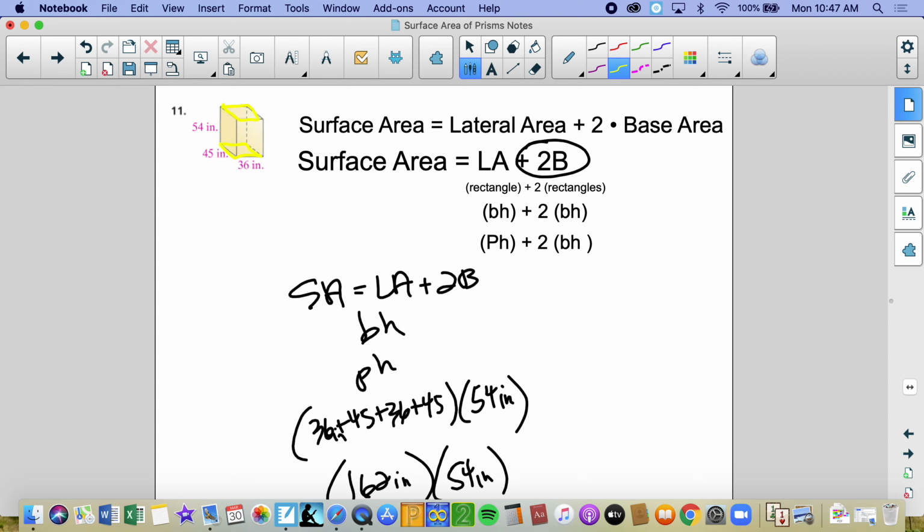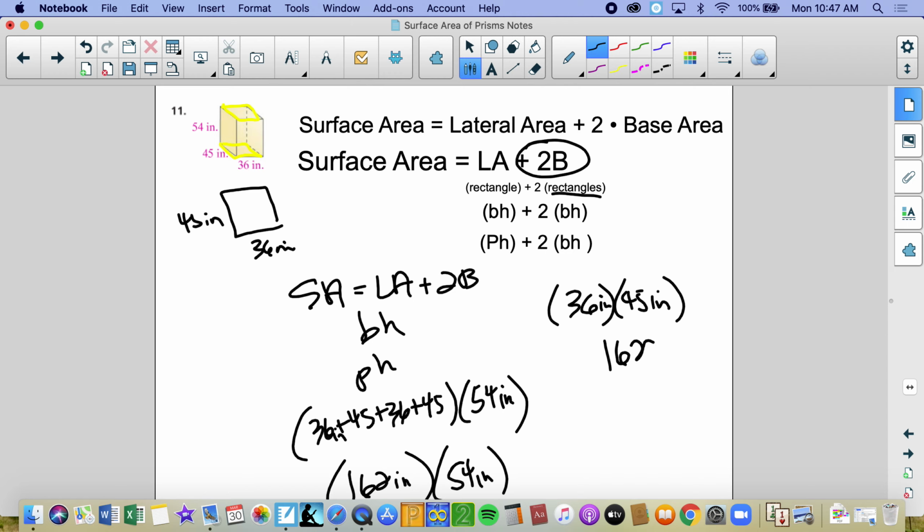So that's a rectangle, as we see, and we have base times height. So the base would be 36 inches times 45 inches, which is the height. So if we saw this, it's 36 inches by 45 inches. So 36 times 45 gives me